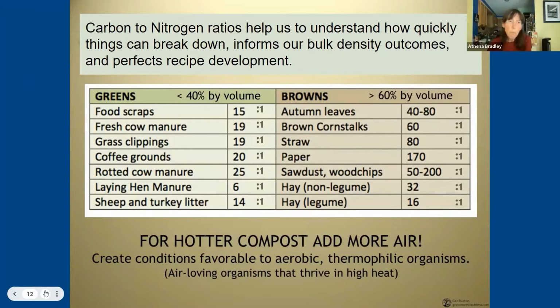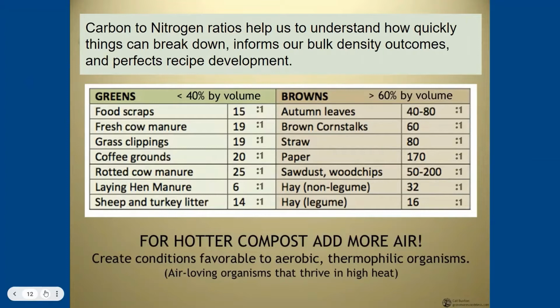And when you get up to something like sawdust or wood chips or wood shavings, depending on the kind of wood, that might be as much as 200 parts carbon to nitrogen. And so having a sense, you don't need to necessarily, especially when you're starting, do really complicated math, but what you're going for is 20 to 40 parts carbon to 1 part nitrogen in your overall recipe, in your whole pile. And so if you're using wood shavings, you're actually going to want a little bit less volume of that in proportion to your food scraps, because it might be bringing a whole lot of carbon.